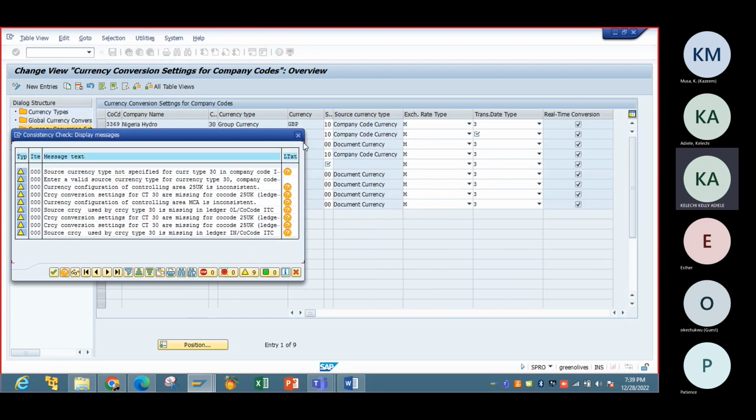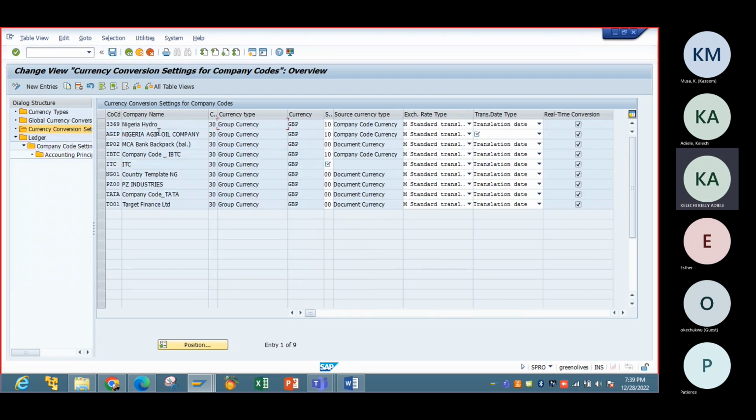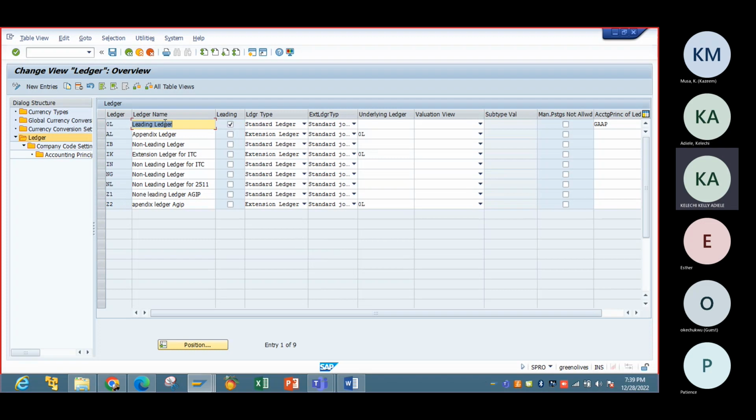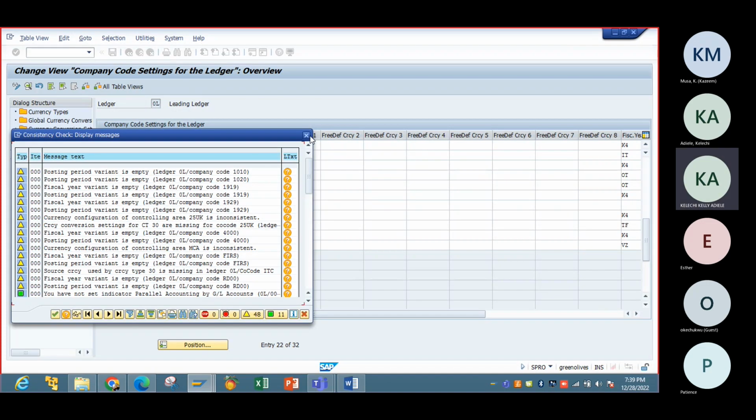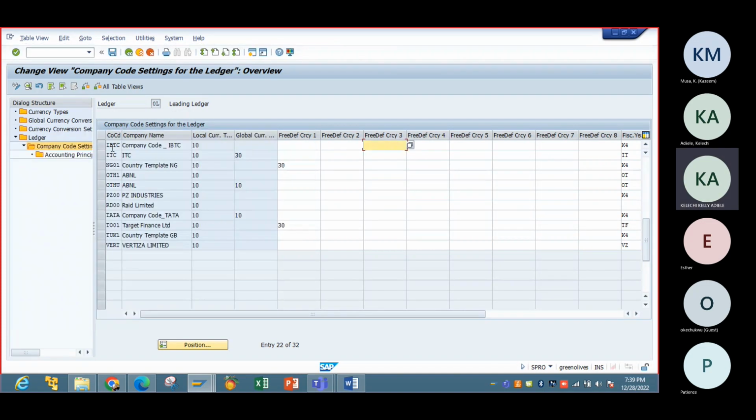For the currency conversion globally, we have told the system that, oh, no wonder IBTC was not picked up here. Okay, IBTC is here. We have the group currency and we have the company code currency, right? And for the ledgers, we have the leading ledger, and for the company code setting for the leading ledger, we have our company code, which is